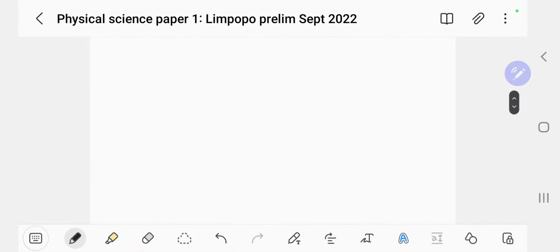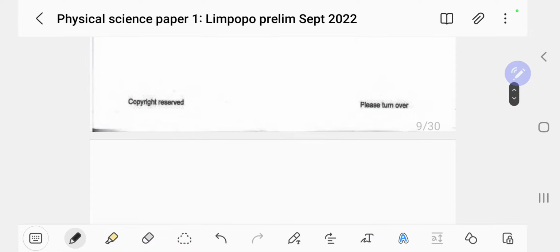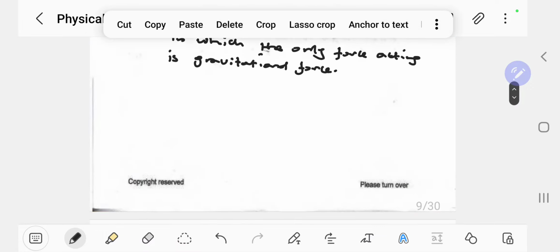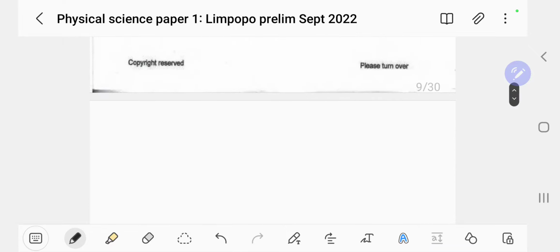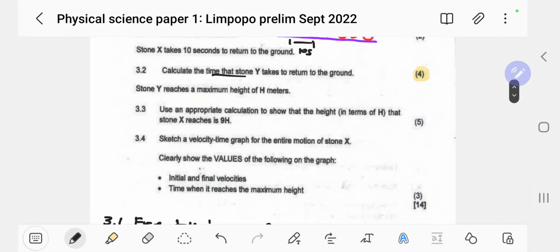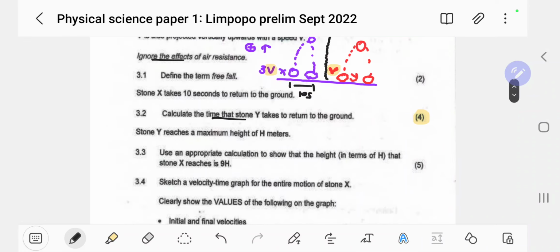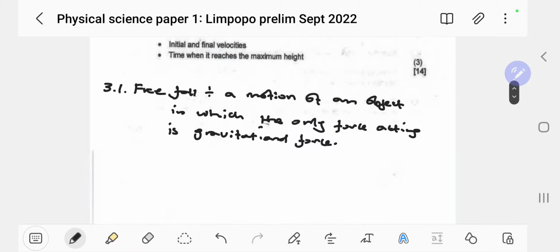Do I have enough space? It looks like I've provided more than enough. Okay, let's just do this one here. What is this question again? You know what? This resolution is good, but now my problem is that I don't see everything and I have to scroll up and down. I really hate that. Okay, that's 3.2.